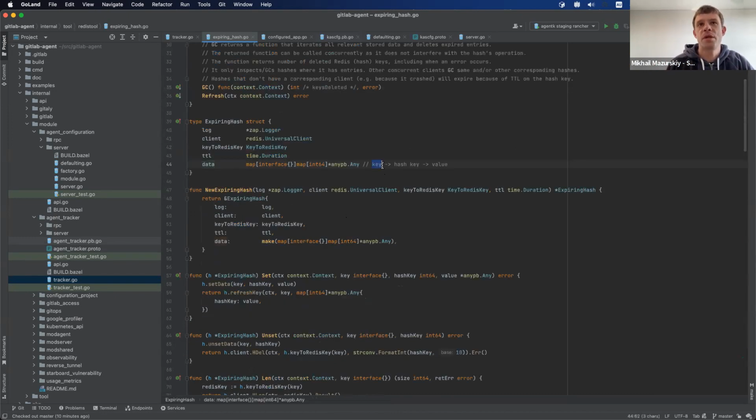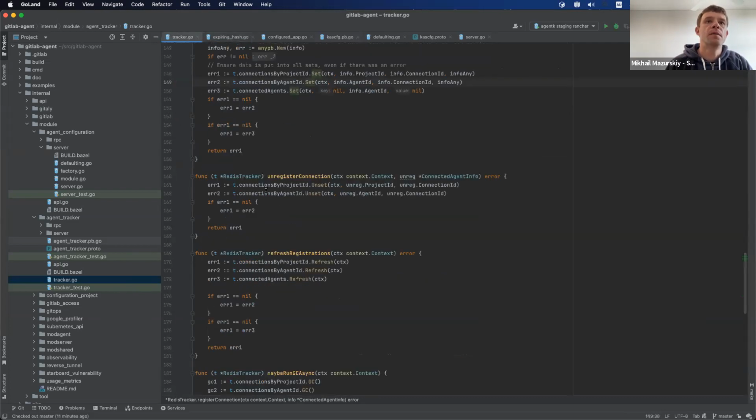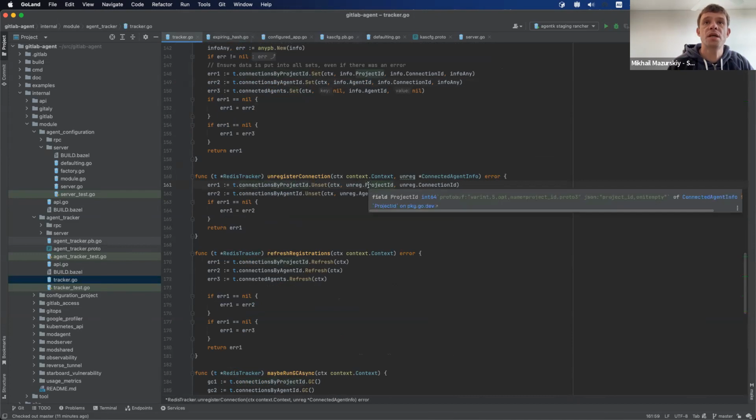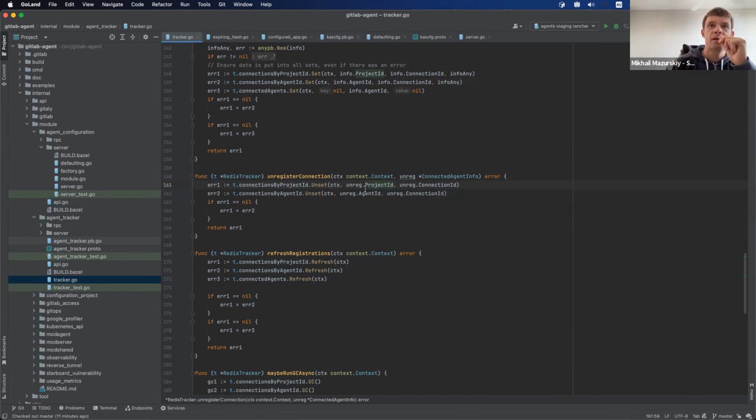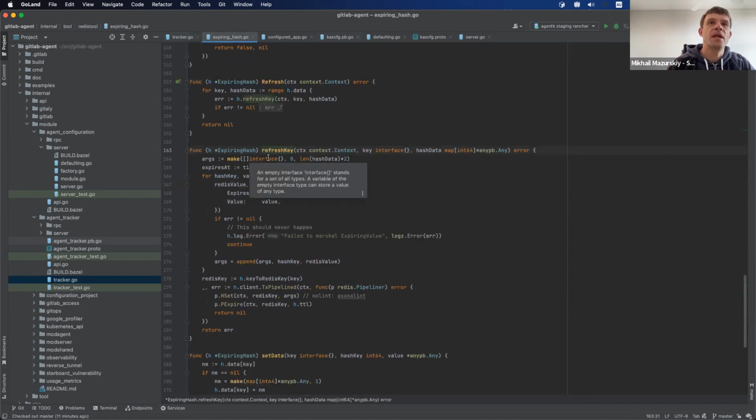It's just a map basically from key to the, so expiring hash, it's not a single hash, it's a hash of hashes. So you have a key, and then you have a key value inside of it. So we can have, for example, connections by project ID. The key is the project ID, and then we have connection ID to data. So it's a hash of hashes, basically. The first thing, the project ID, identifies the Redis hash. And then within that Redis hash, we have the connection ID to the value. So that's why it's a hash of hashes. Anyway, this data thing,